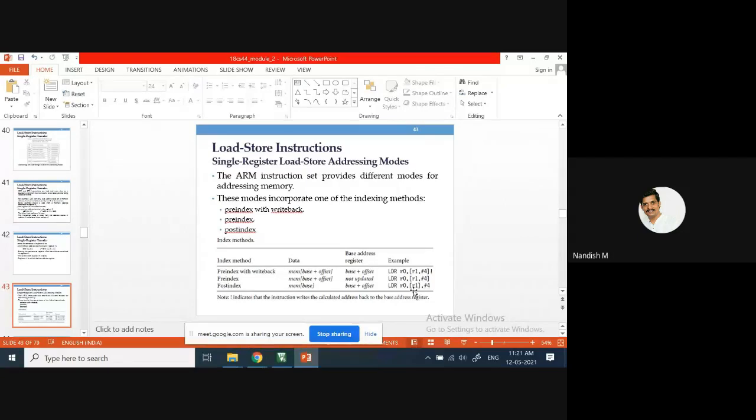After that, R1 gets updated by adding 4 to it. The address in R1 gets 4 extra attached. Is it clear? Is it clear what is the meaning of pre-index and post-index?